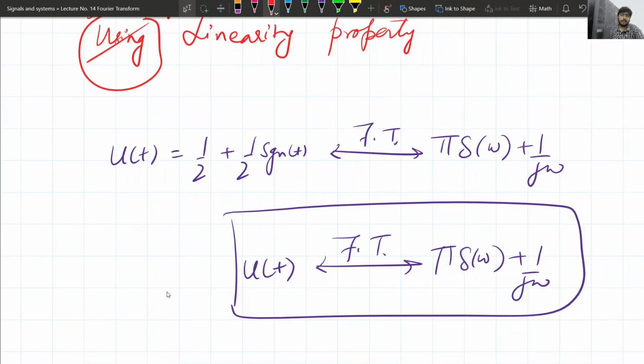So with these two examples, we demonstrated that although a signal might not have a Fourier transform since it does not follow the Dirichlet conditions, since these are very important signals, we try to find the Fourier transform of these signals by approximating the same functions, the same as what we did in the case of the signum function.